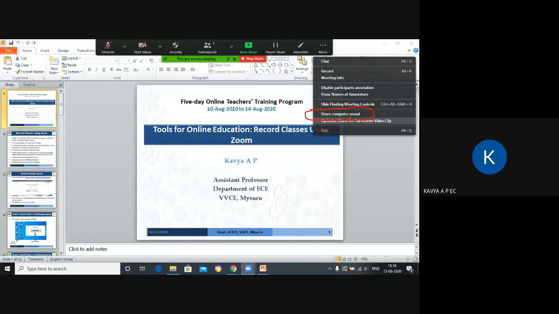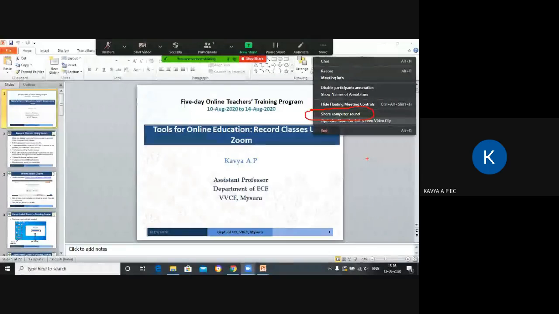Then only they'll be able to hear. Otherwise, they'll just see the video, they'll not be able to hear the sound. This option is available in Zoom, but in Google Meet you have to download separate software if you want to share the computer sound. So this is one good option that is available in Zoom.